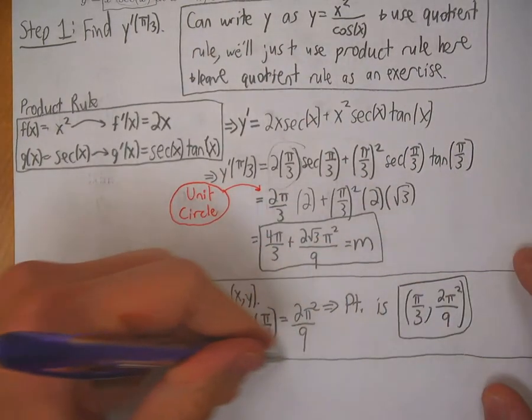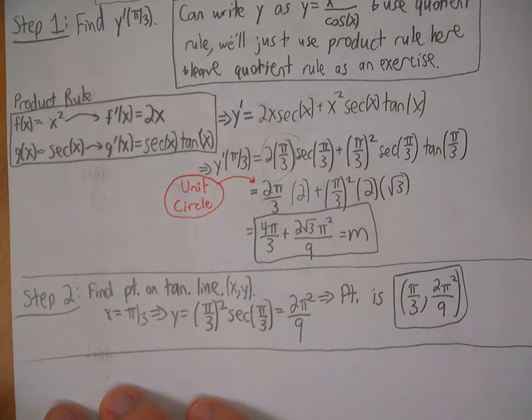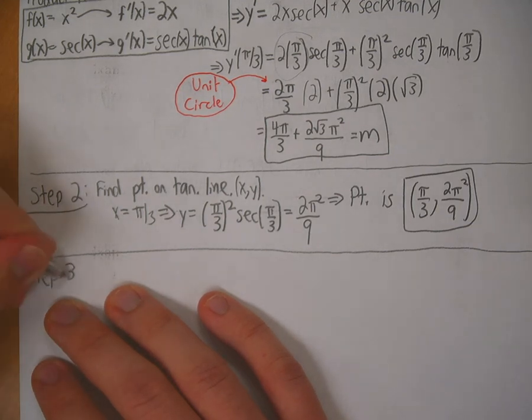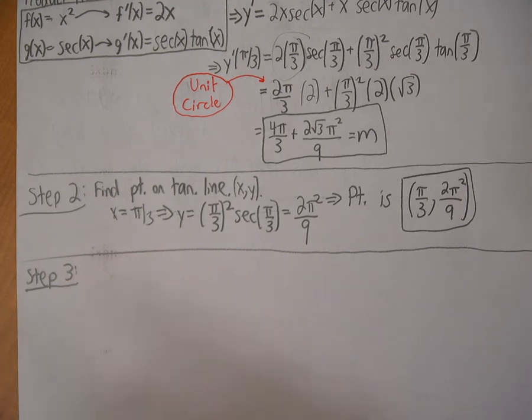Okay. So that's step 2, which thankfully is much nicer than step 1. But step 3, okay. Step 3, now that we have the point on the tangent line and the slope of said line, what do we need to do now? Let's just give someone else a chance to step. So what's step 3? We have the slope and a point, so